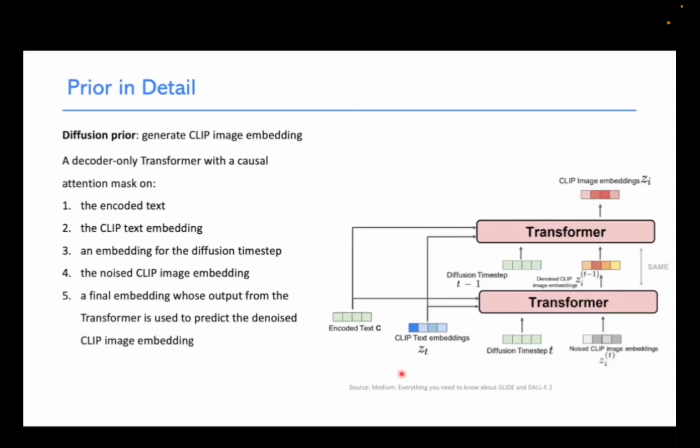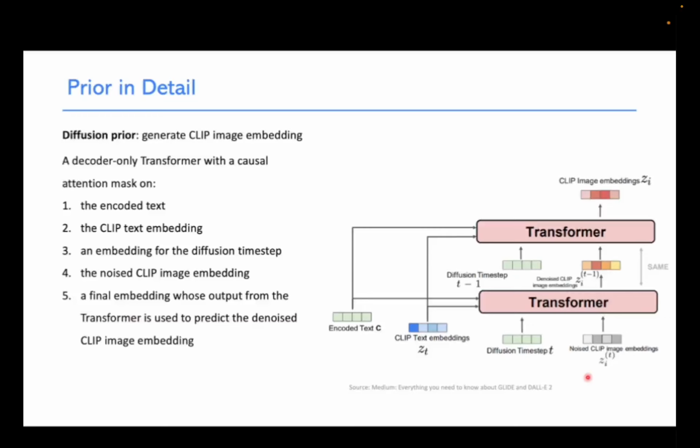Thank you. Stupid question: where did you find this diagram? Which paper was it cited from? This diagram is from Medium. It was created by the author there, it's not in the paper. In the paper, the authors don't dive deep into the details of the prior. The text description here is what we have in the paper, and the diagram is from the Medium author who wants to try to understand it better.